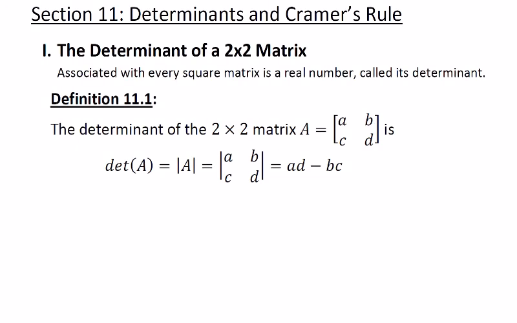Section 11 is going to introduce the final solving technique that we have for systems of linear equations. This is going to be known as Cramer's rule. Before we can discuss Cramer's rule in any detail, I have to first give you the information about another calculation